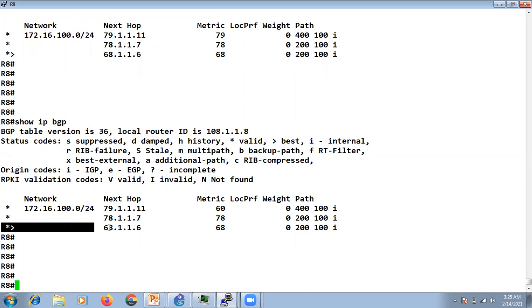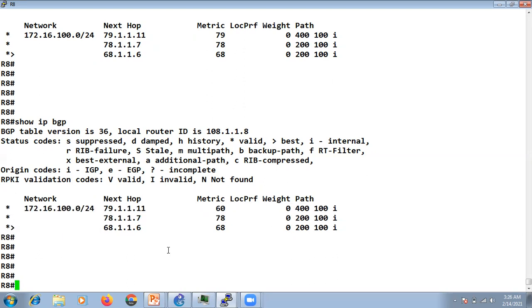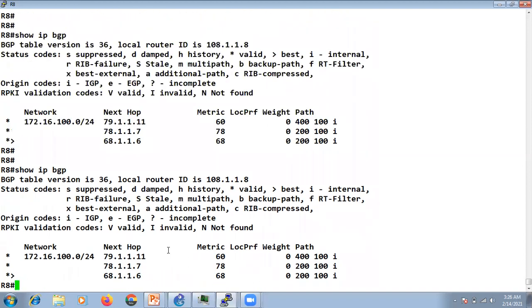Now you can see this is my best route, and it came from AS number 200, but the AS number of R11 is 400. Because these are coming from different ASs, it is not comparing this. So this is the condition in MED: the routes that we are comparing must come from the same AS. You can see still the 68 is the best.